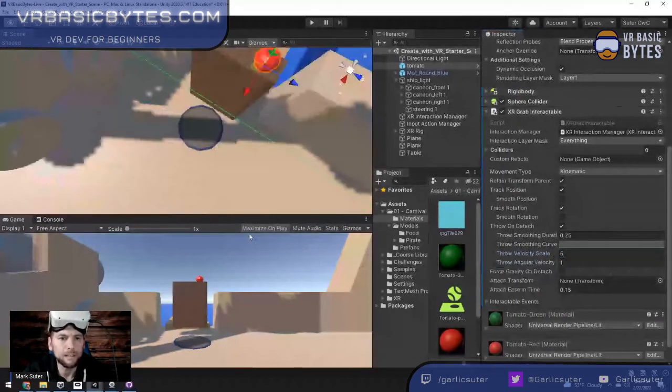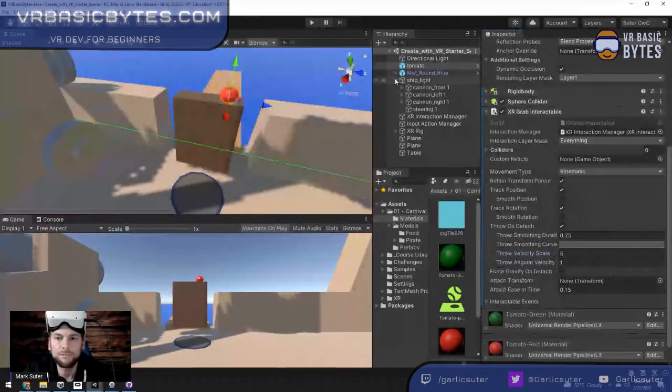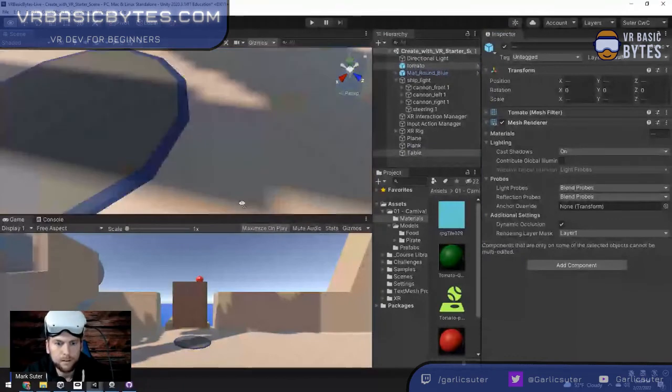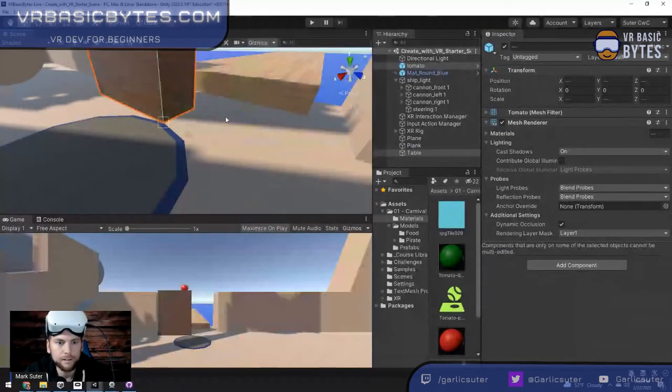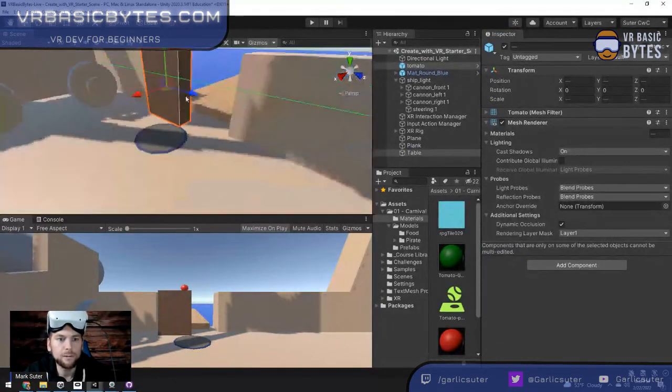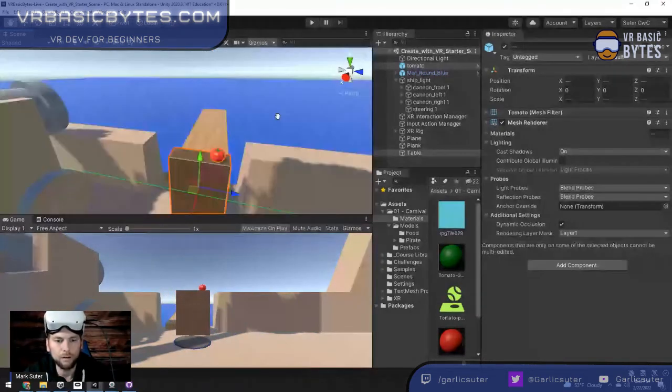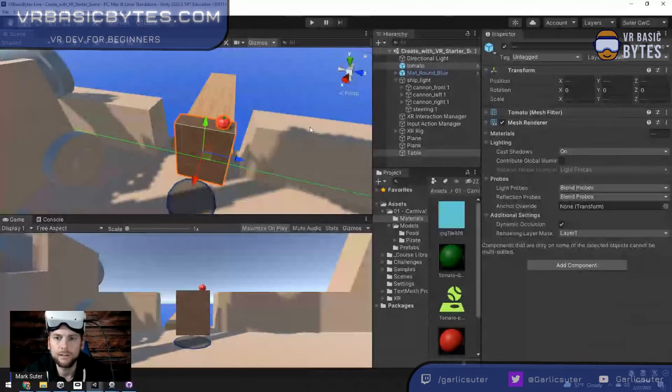But let's move our tomato and table down, shall we? I'm not sure what happened there. My V here. Good. I'll move my tomato with it so I don't have to move that again. There we go. I think we're good to